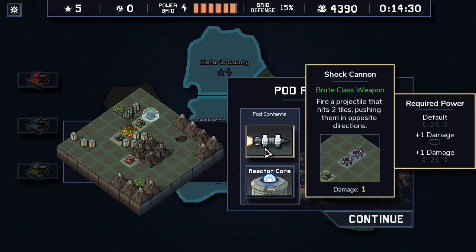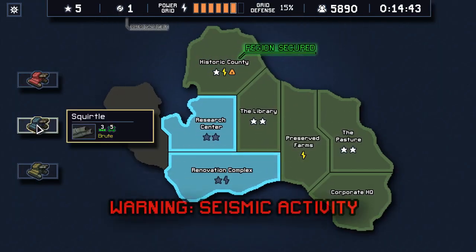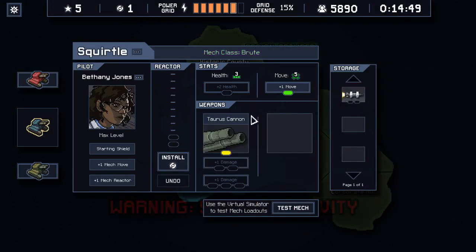Please open up to something nice. Hey, look at that! It's a weapon. It's for a brute class. It gives options. Scary options, but options nonetheless. And if we put it in here with the additional core, we actually have the ability to make it work, but...